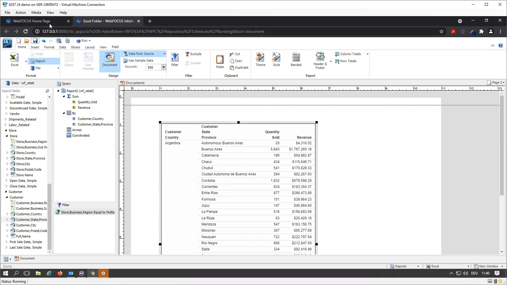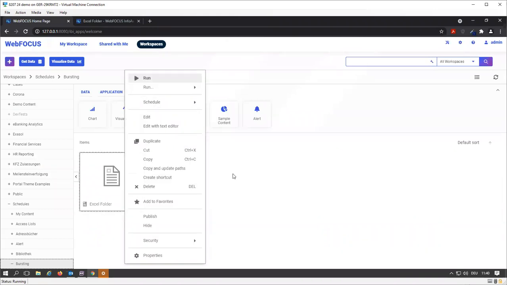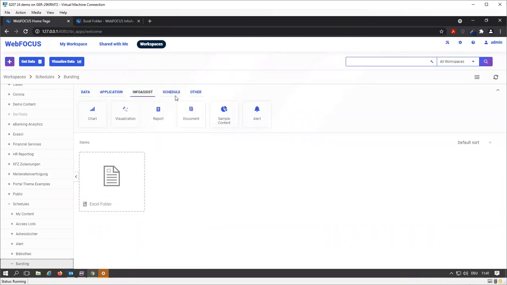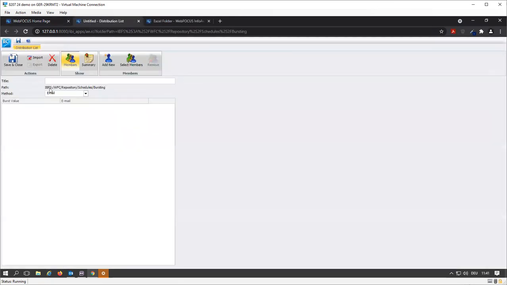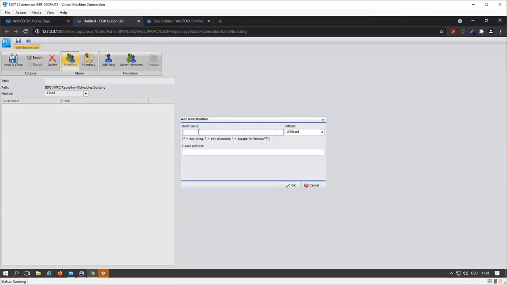And now I'm going to schedule that element. I'm going to keep it open here as a report. First thing we need is a distribution list. So we're going to go to schedule, go to distribution list, and create a new distribution list. In here, I need a burst value. I can use wildcards in here, regular expressions, or else. I'm going to use plain text now, which is going to be EMEA. And I'm going to send EMEA to Benutzer at